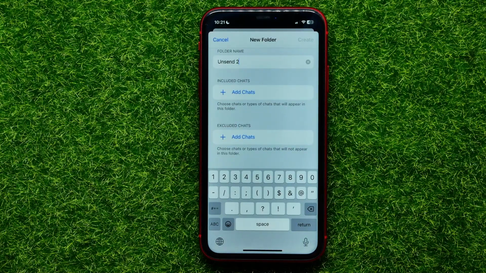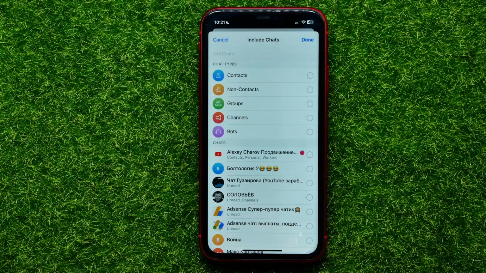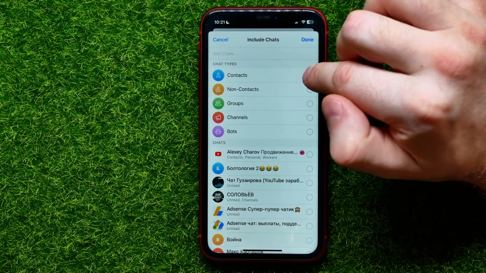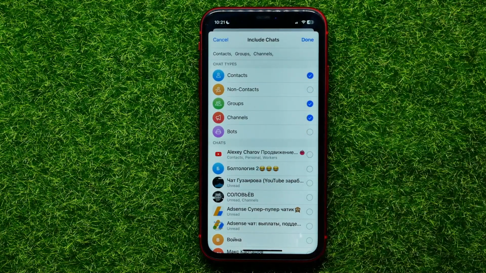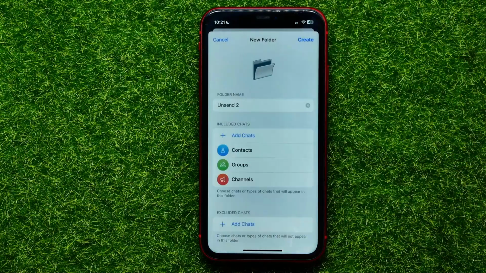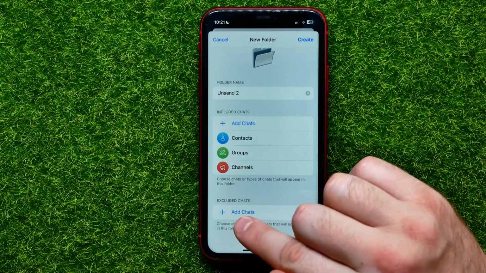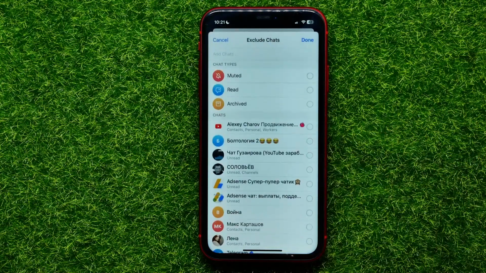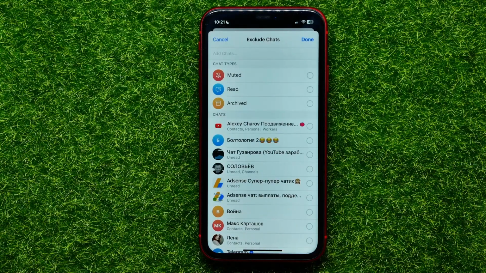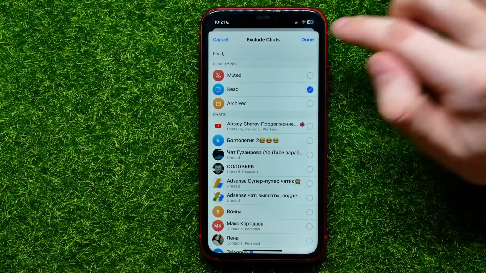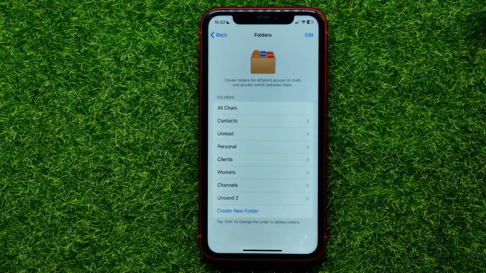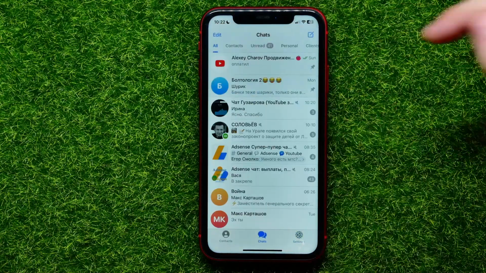You can tap on add chats under included chats, and from here you can select any categories from chat types. So for example, I want to see in that category messages from my contacts, from my groups and from my channels, in that way. Then I'm going to hit done, and then I can tap on add chats under the excluded chats, and right here if I want to show just unread messages, I can exclude read messages in that way. I can now hit done, hit create, and now I can go back to chats